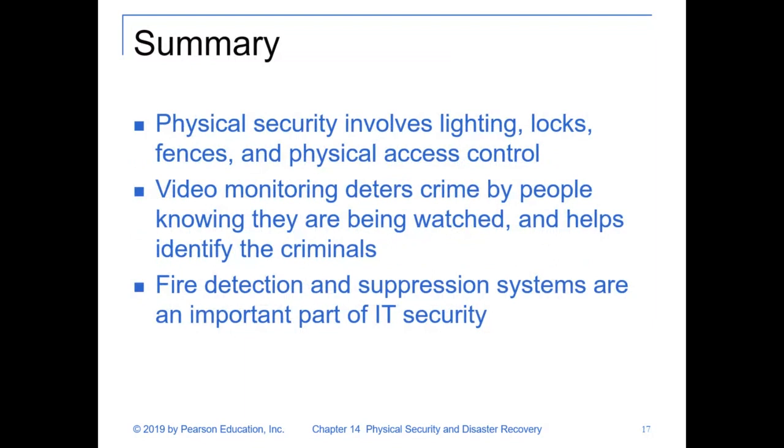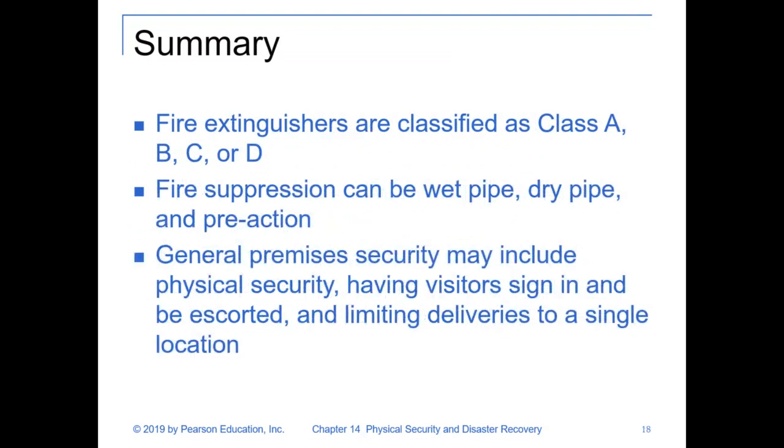So chapter 14 covers the physical security. We want to make sure that we have access to the building, secure video monitoring, fire detection, and suppression systems are an important part of IT security as well. Use the correct version of the fire extinguisher and the correct version for wet pipe, dry pipes, or pre-actions based on our need for the organization. And then there's some general security, may include having people sign in, the physical security, maybe something, barriers,